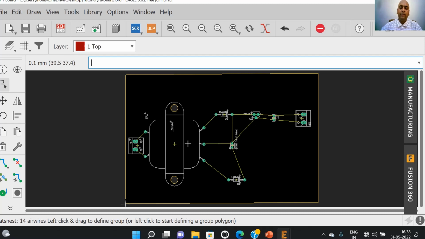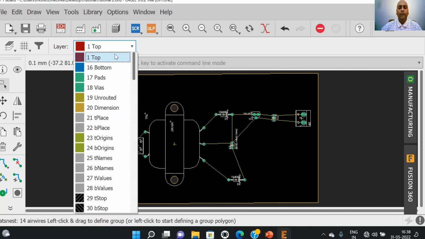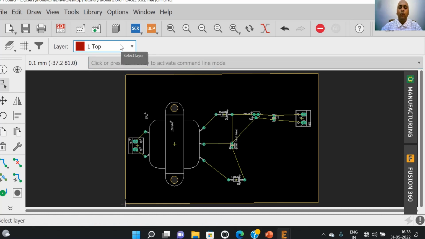Now components can be present on any of the layers. In the free version of Autodesk Eagle, we have two layers with us, that is the top layer and the bottom layer. The components can be present on the top layer or the components can be present on the bottom layer in the free version of Autodesk Eagle.